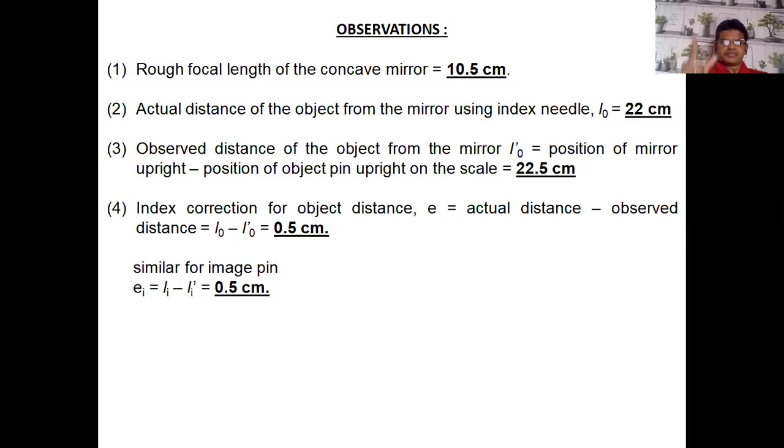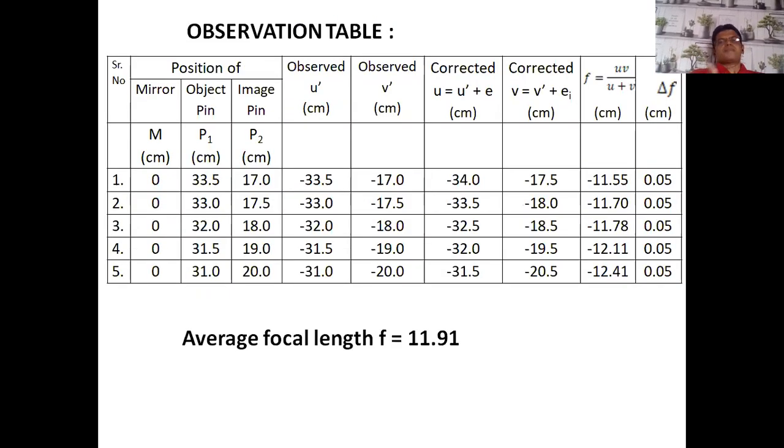But keep one thing in your mind: index correction is compulsory, and the answer should become 0.5. Compulsory is an E and EI of 0.5. So friends, very simple. Suppose in the second line you found the answer 25. Then definitely you retain 25.5 directly, because we want the last answer to end in 0.5. Okay friends, and then after that, a table.